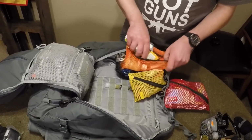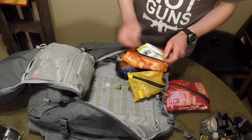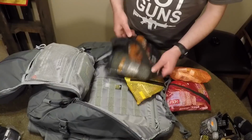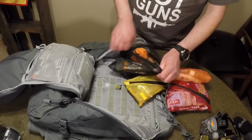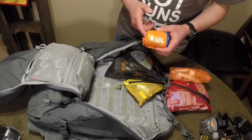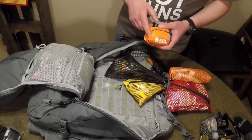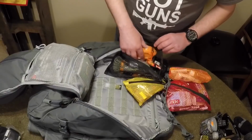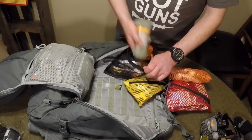So again, you could probably do without a lot of this stuff, but you had room, so why not? This down here in this bag is just kind of some more stuff that, again, I'm probably not going to use, but hey, why not? One of those SOL survival bivvies, so I'm not planning on bunkering down and making camp anywhere, but if it was raining, whatever, and I couldn't get home that day, I've got a survival bivvy right there. Some hand and toe warmers, paracord,